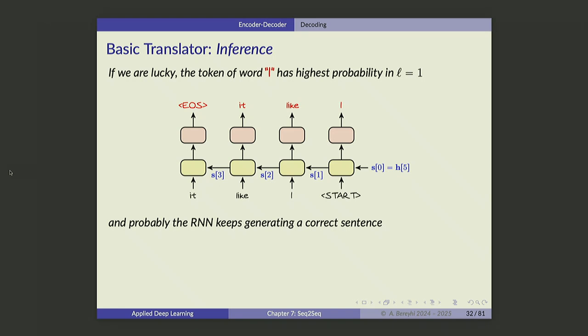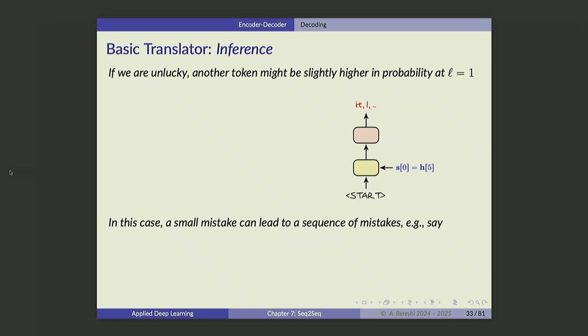But there is one point here, though. And this is where you start to see the limitation of this kind of architecture purely based on RNN. The point is that, as I told you, every single time you are computing a probability. So when this hidden state comes in with the start token, it's going to give you a probability for each token: the token I happens with this chance, the token it happens with this chance, some other token happens with this chance, and so on. Now,